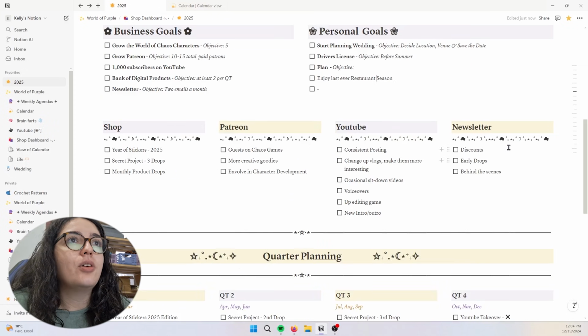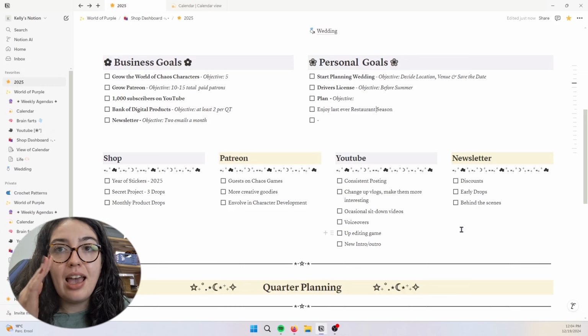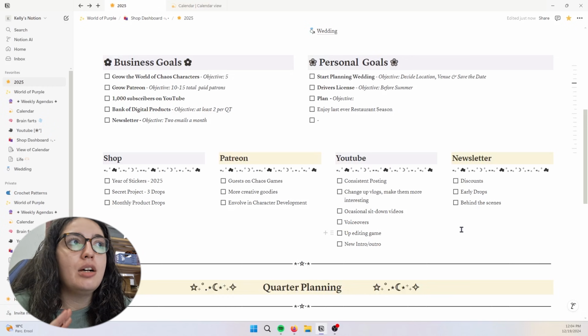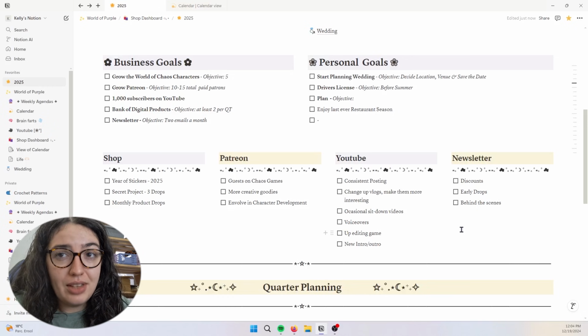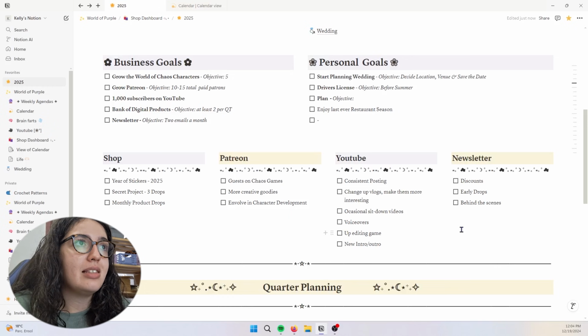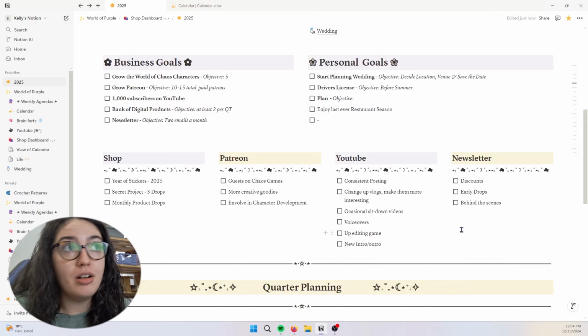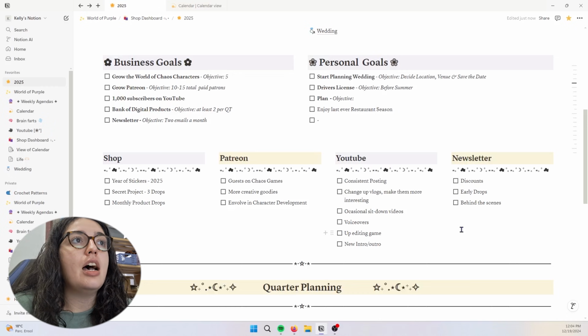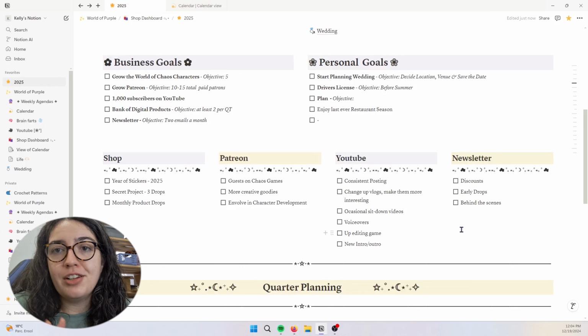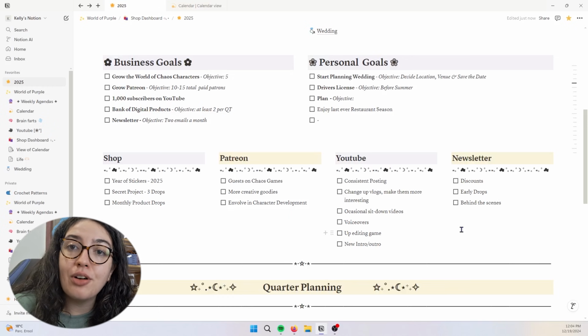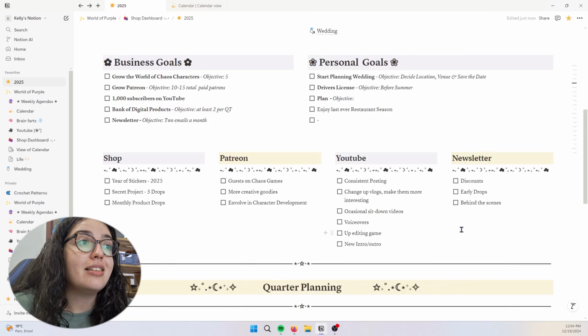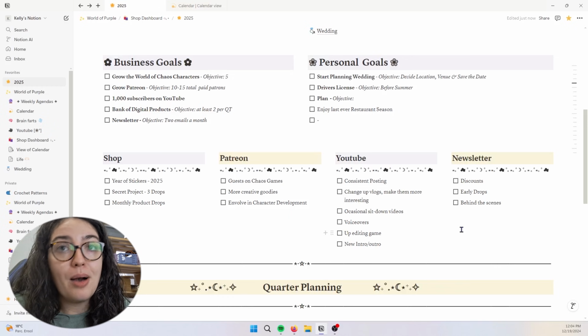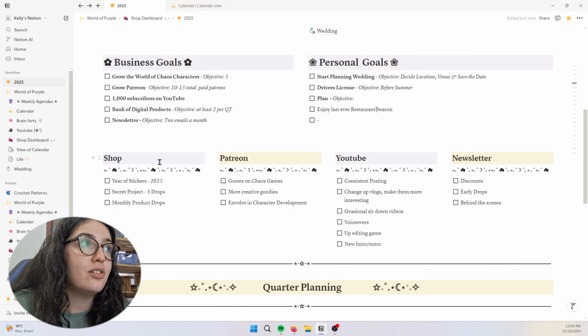So down here I've got shop, Patreon, YouTube and newsletter. This is where I have divided the main things I want to do for each of these. These are my 4 main focuses to do with my business, and social media is sprinkled there in the middle. If it ends up happening, me concentrating on social media or not, we will see. Hopefully it is a bit lower in my planning, but my main focus is the shop, Patreon,